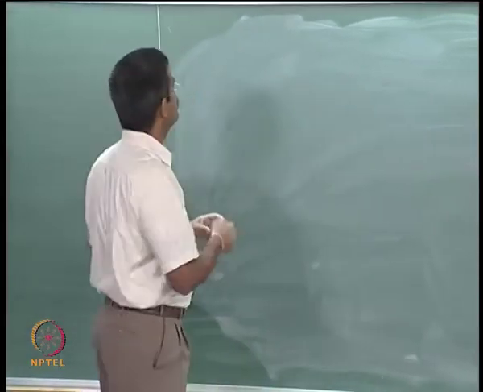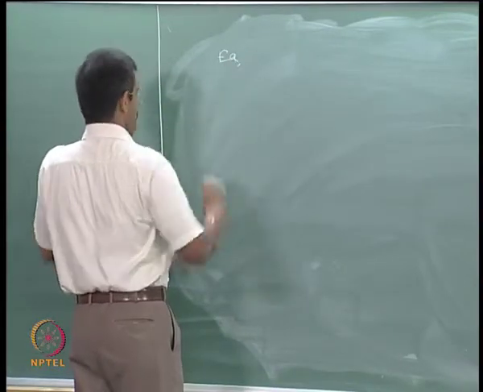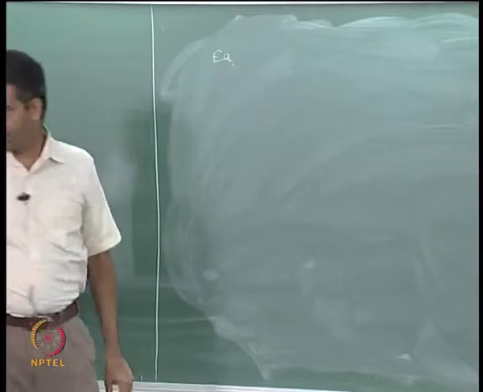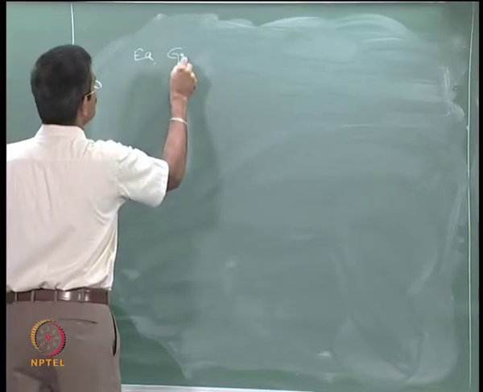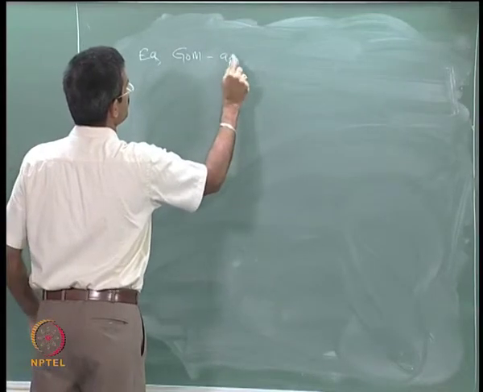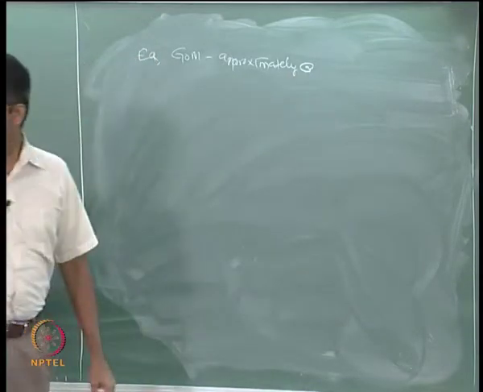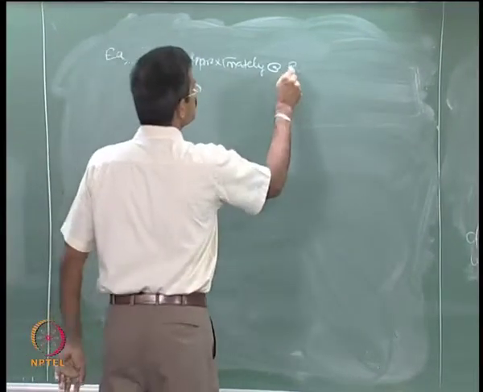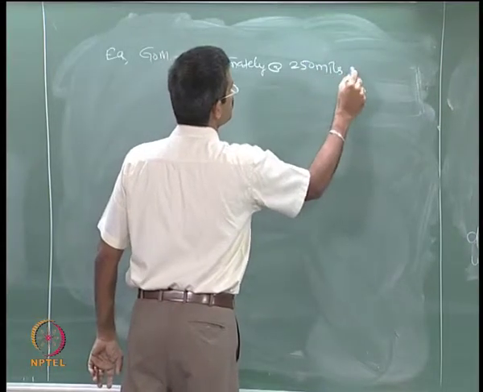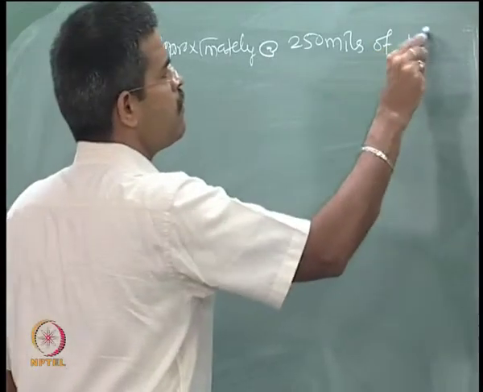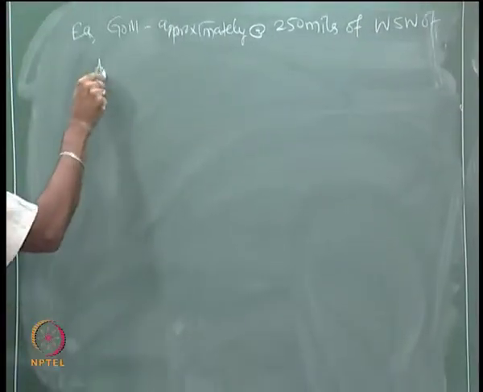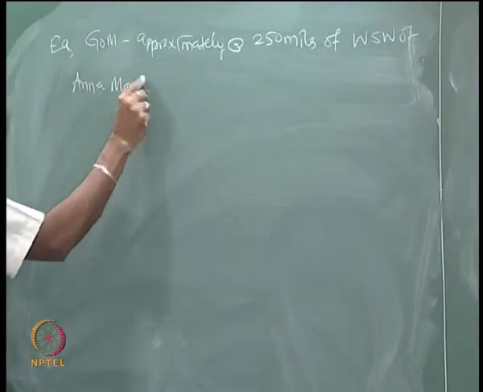There was an earthquake in the Gulf of Mexico, approximately 250 miles west of Anna Maria, Florida,